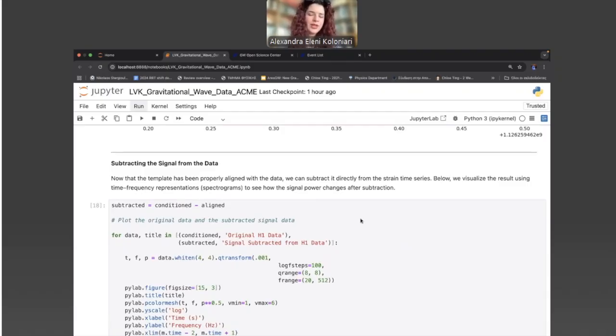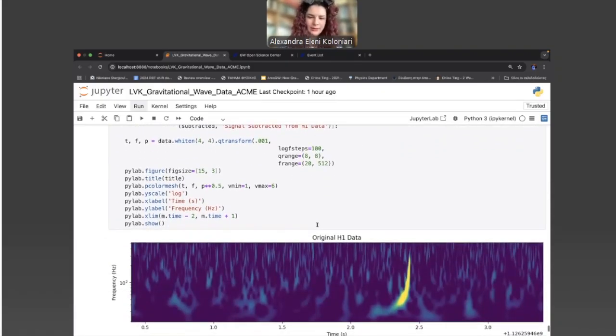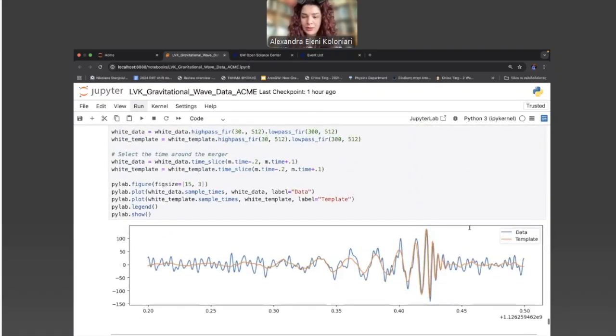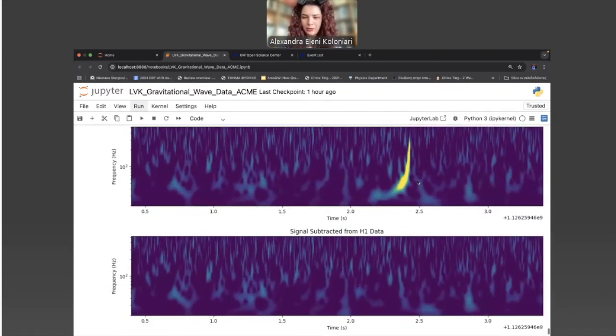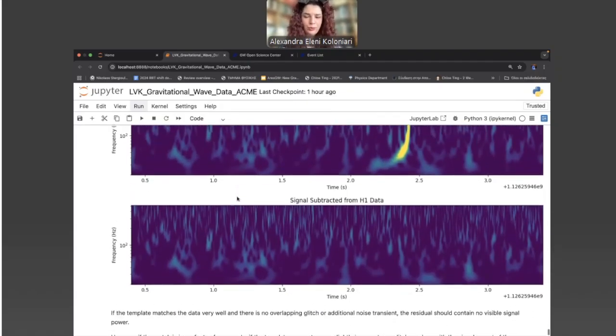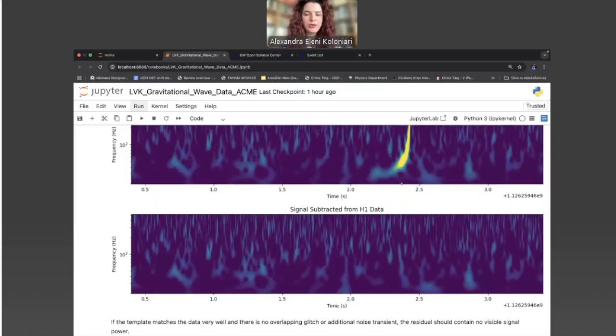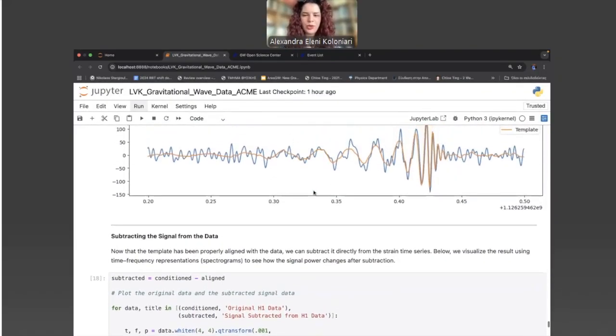If there is a good match between the template and the data, we won't see a big residual. If we have glitches, for example, or if the match isn't as good, we will see a difference. Here we have a very good match, as you saw here. So because we have a very good match, you see here the noise is the same, and here we have the signal, and here is what the residual is after removing the signal. For the other events that I include, you might see that there are residuals here because that specific template that we use isn't the best.